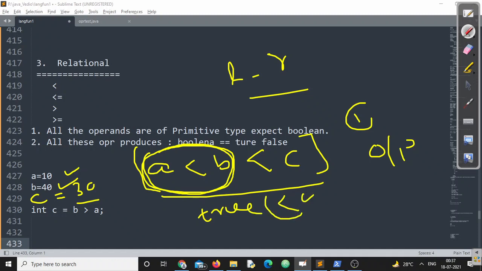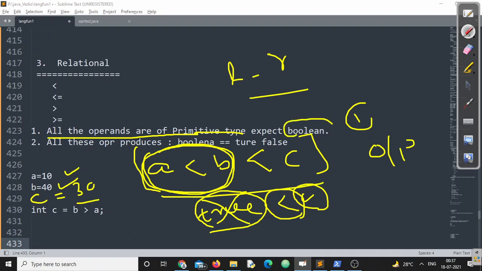Now, less than is a relational operator, and the operand here is a boolean literal, and the other is an int literal or int variable. The question is whether true is allowed here as an operand. We have clearly mentioned all the operands are of primitive type except which one? Boolean.